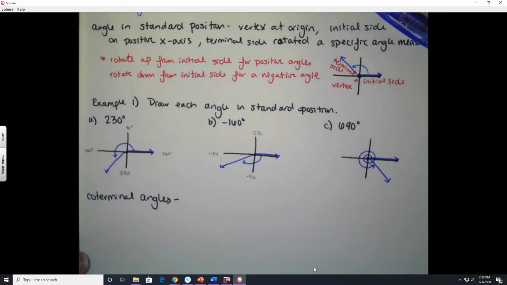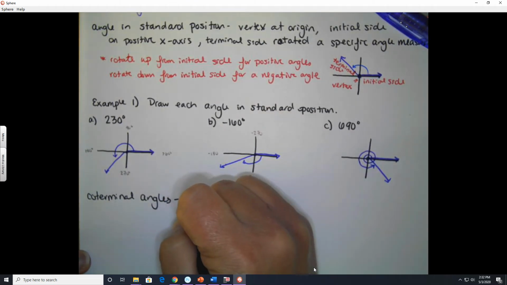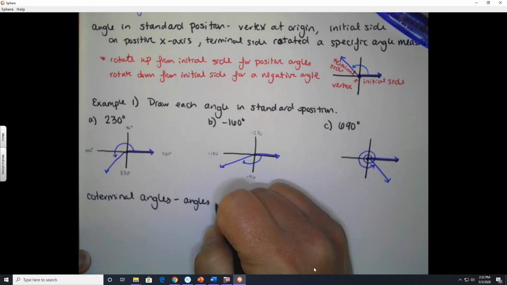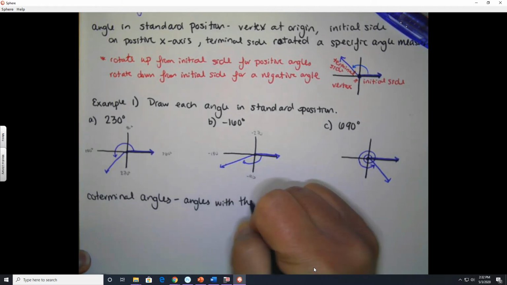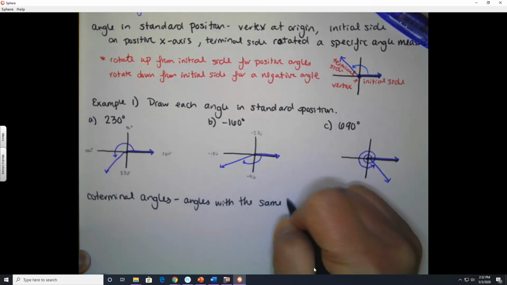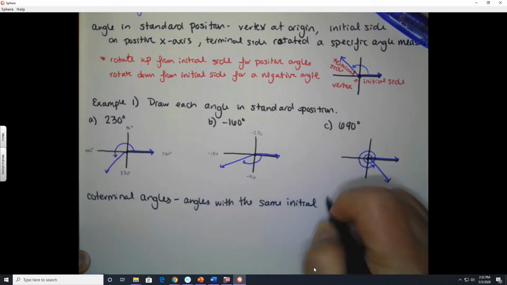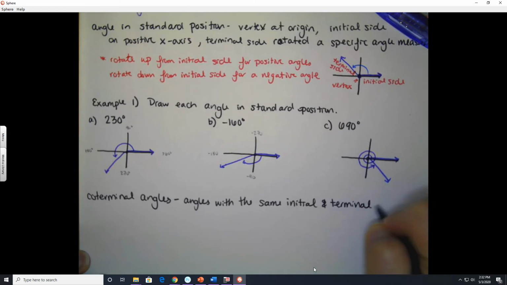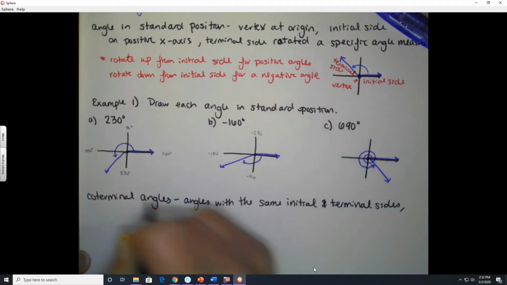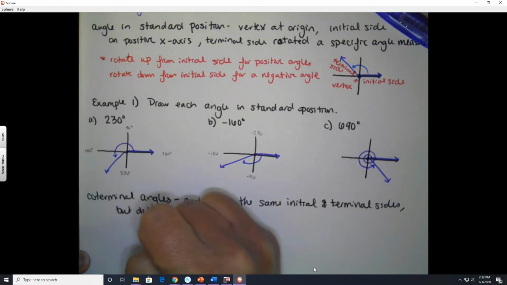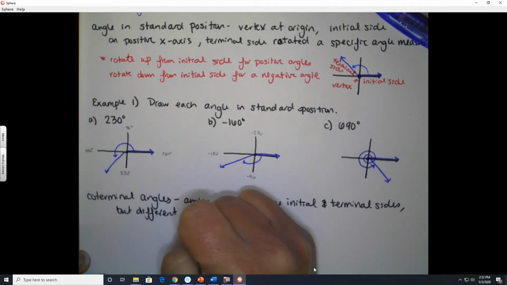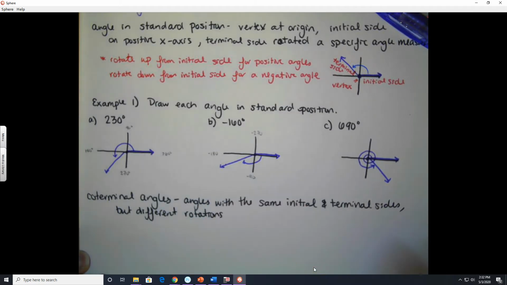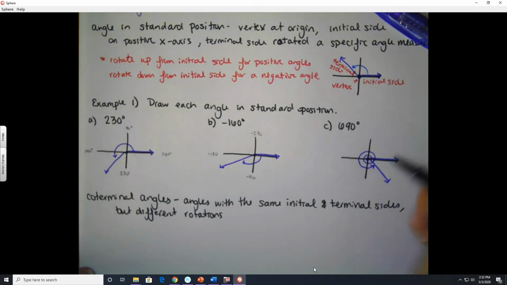These are angles with the same initial and terminal sides, but different rotations to get there. So if you look at this previous diagram, we could have gotten the same initial and terminal sides by